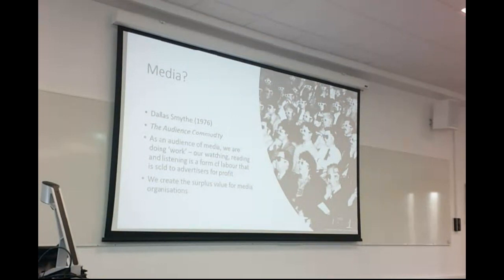In fact, very often, we pay for the privilege of doing that. And then all that information about our watching, listening and reading habits is scooped up, made into a little profile, and sold to the actual customers of media organisations, which are the advertisers that then sell us products on those platforms. That is how the media works.